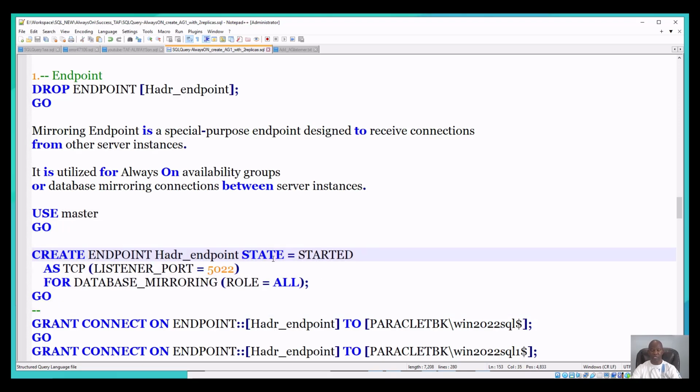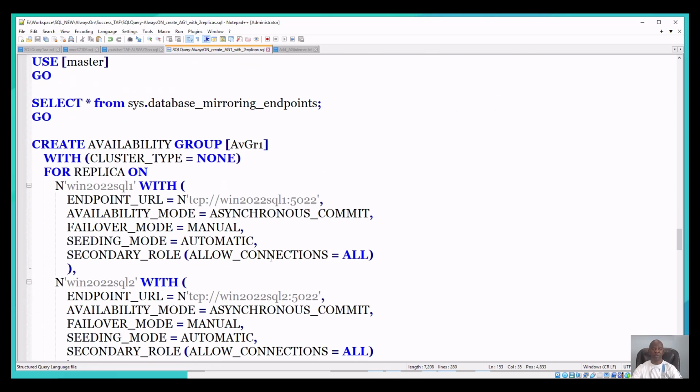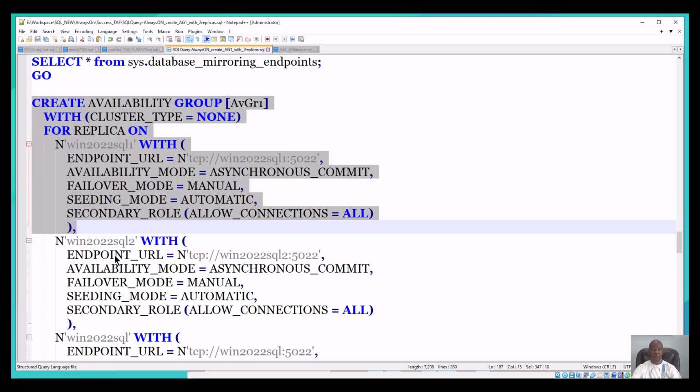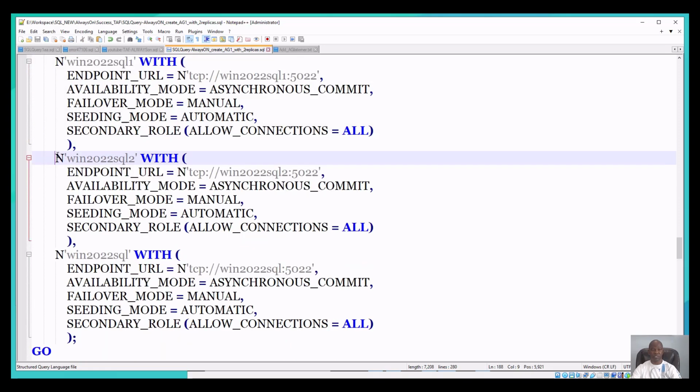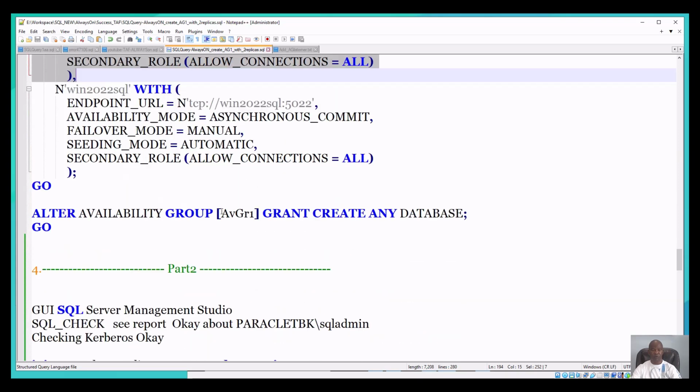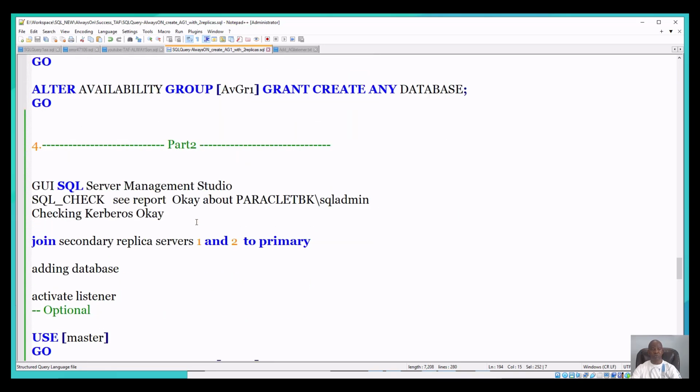Secondly, we create an availability group, which was in the first secondary, the second secondary, and the primary. Okay, we finish. When we come back now in part 2, we use